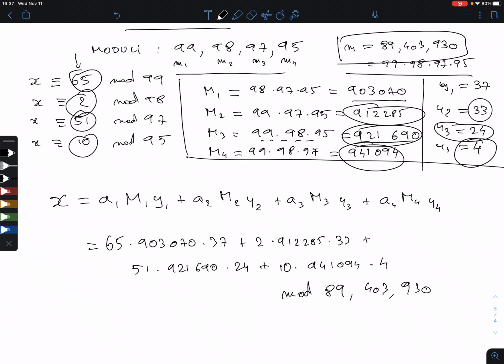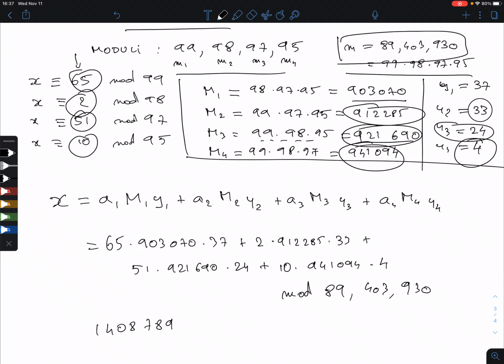So, okay, so it is 140879. Well, I have to add all these numbers, right? So, okay, I'm going to try to add them all, but I'm probably going to make mistakes. Plus, and then I do 2 times 912285 times 33, and I close the parentheses,